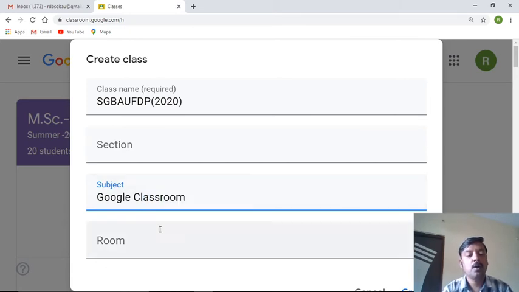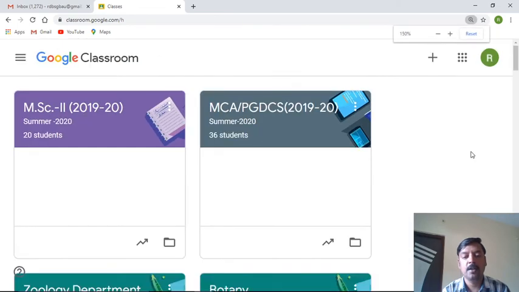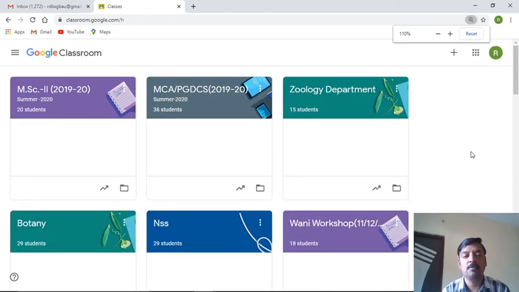Okay, room number is also there. If needed, you can add it. Again, I'd like to say the compulsory field is only this one. Once these particular fields have been filled, once these particular things have been given,